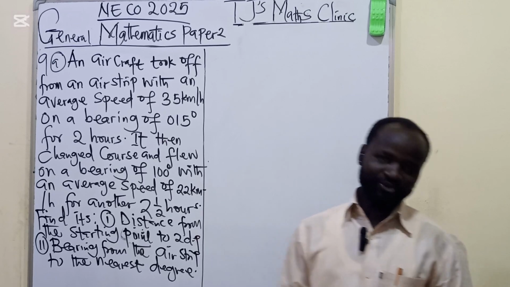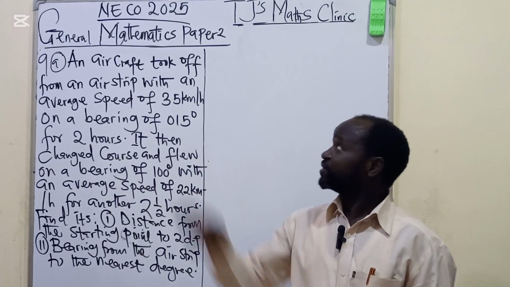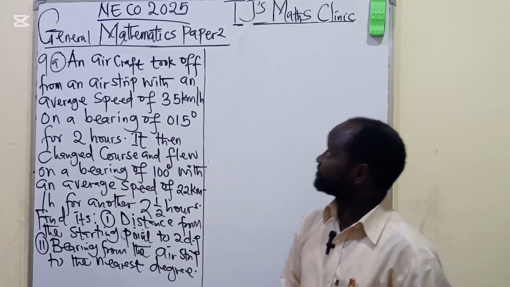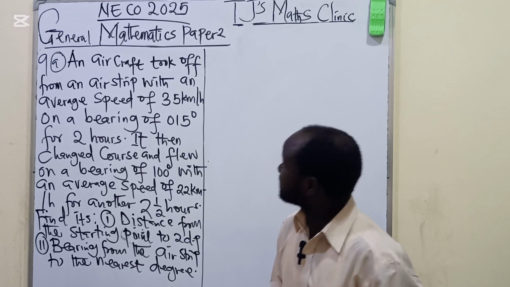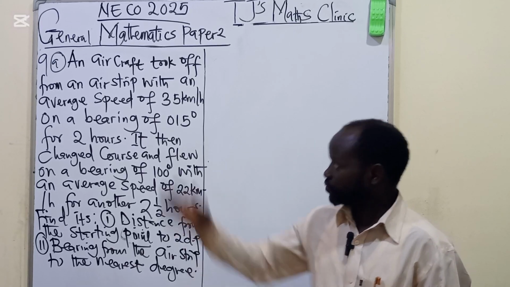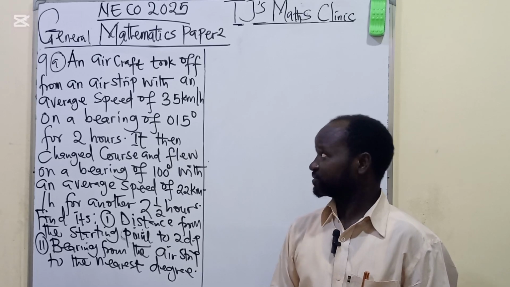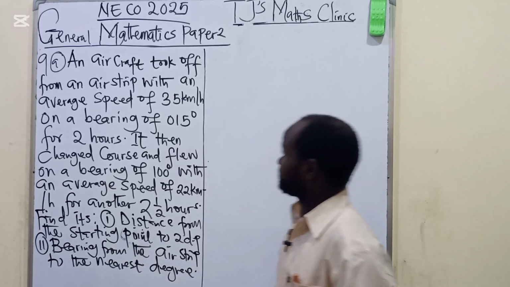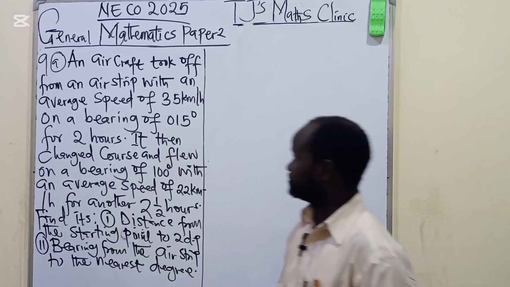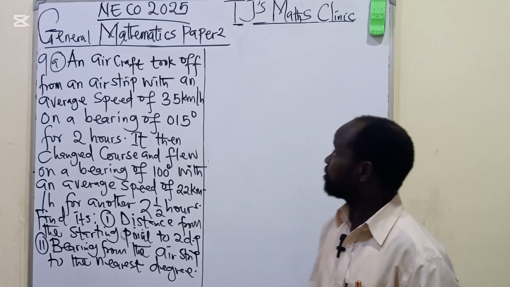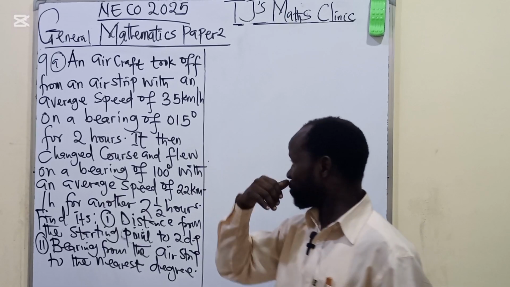Still on Senior School Certificate Examination, NECO 2025. With us here is General Mathematics Paper 2, question 9A. Let's consider this question. An aircraft took off from an airstrip with an average speed of 35 km per hour